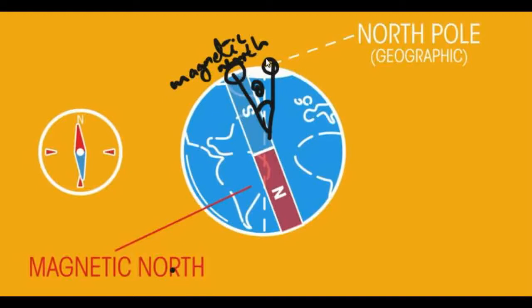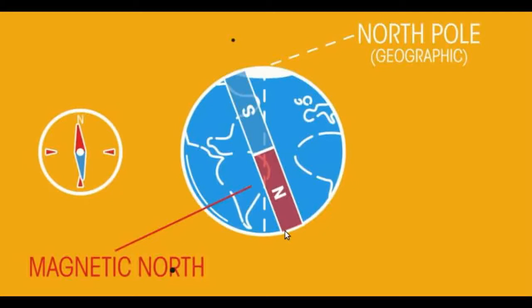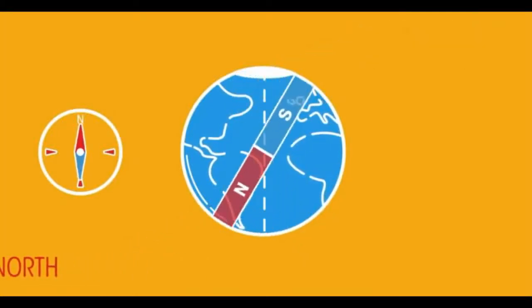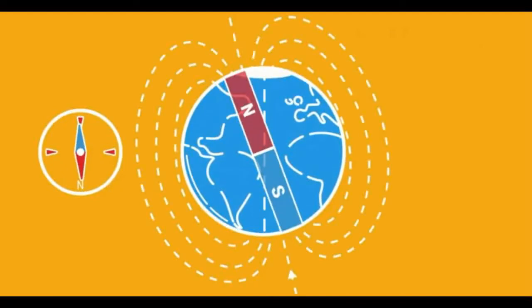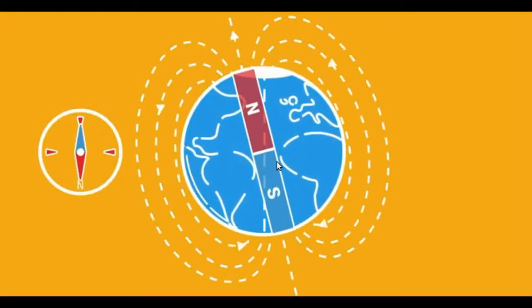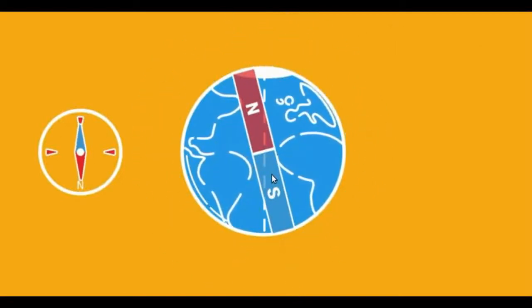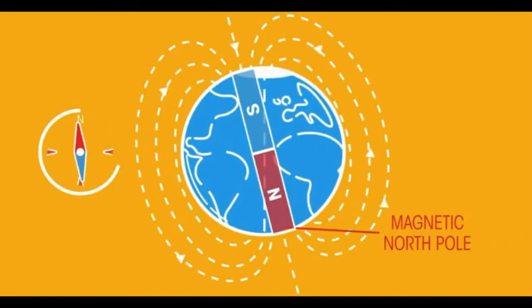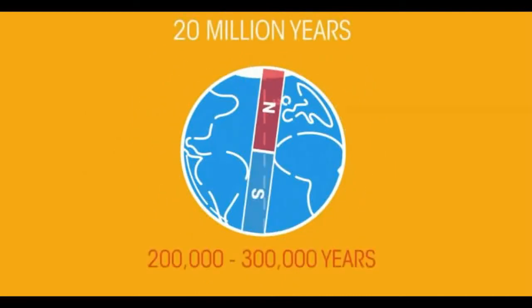So there are, in short, two types of north poles. One is the magnetic north pole, the other is the geographic north pole. Similarly, there will be magnetic and geographic south poles also, and this axis does not overlap. Then, Earth's magnetism is actually not fixed. It will reverse in some years.